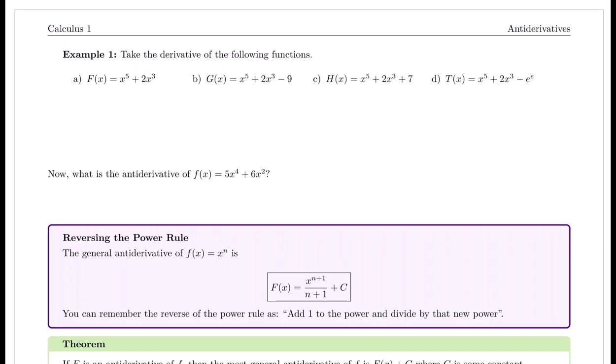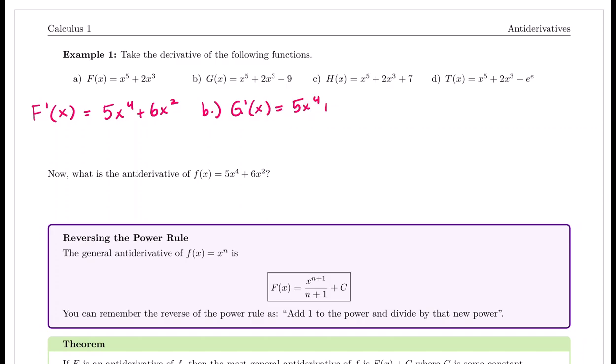Example 1 says take the derivative of the following functions. So, in part A, we have capital F of x is equal to x to the 5th power plus 2x cubed. If I were to apply the first derivative, we would get that F prime of x is equal to 5x to the 4th power plus 6x squared. So for part B, if we found G prime of x, we would get 5x to the 4th power plus 6x squared as well,